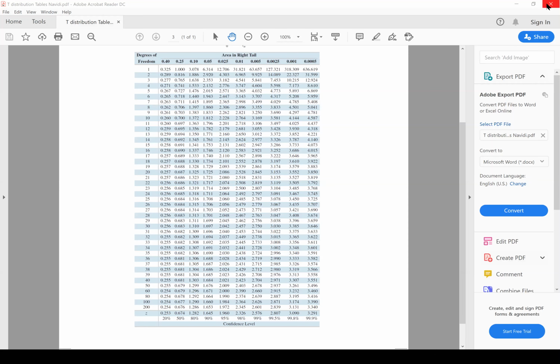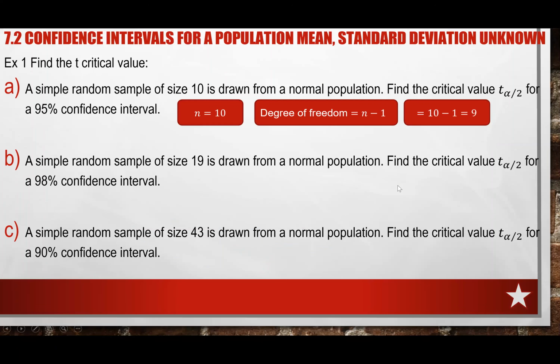So again, looking at this table, as I mentioned earlier, this is the t critical value for a sample size of 10 and 95% confidence, which is 2.262. And similarly, if you ask about this one, which is again 98% and a sample size of 19, the first thing we know we need to find a critical value is